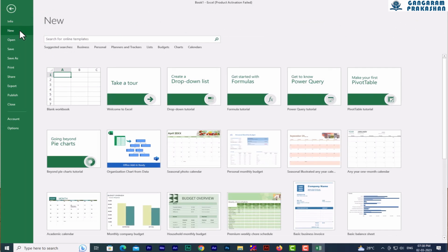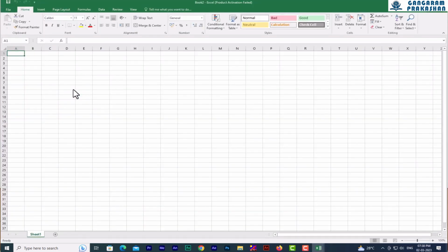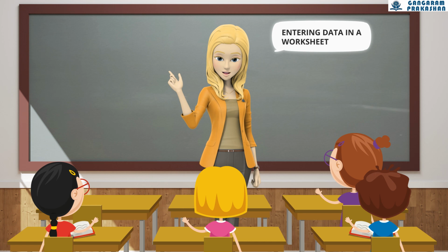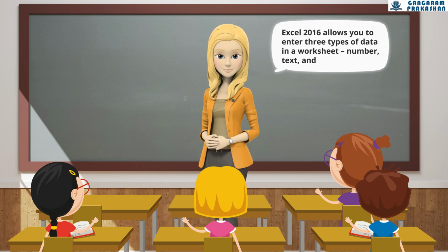A list of worksheet templates appears. 3. Click the blank workbook template. A new blank workbook opens in the Excel window. Entering data in a worksheet. Excel 2016 allows you to enter three types of data in a worksheet: